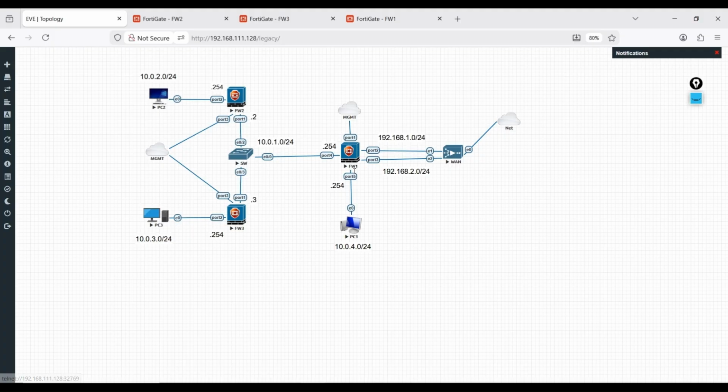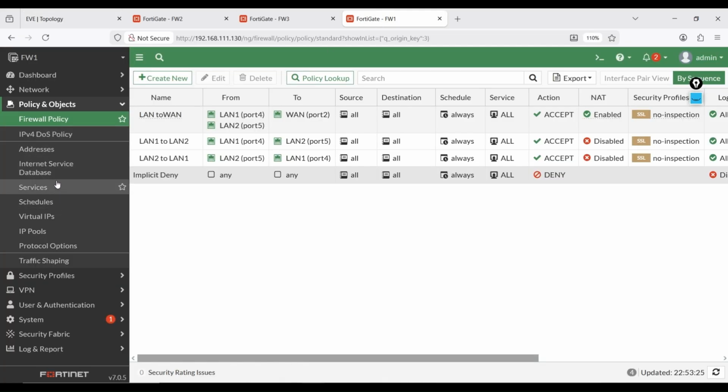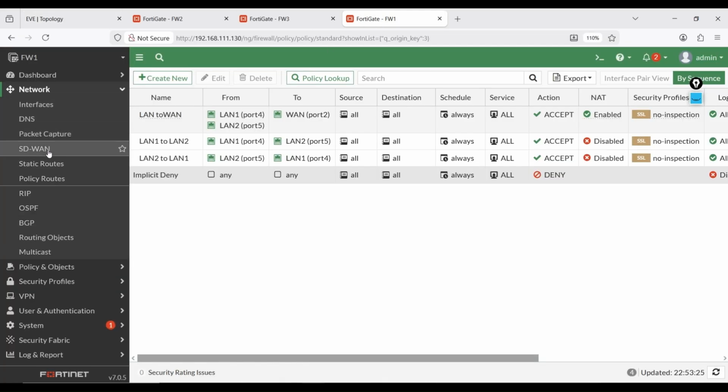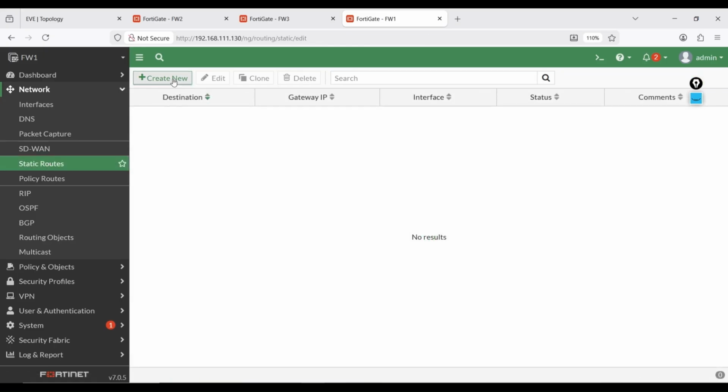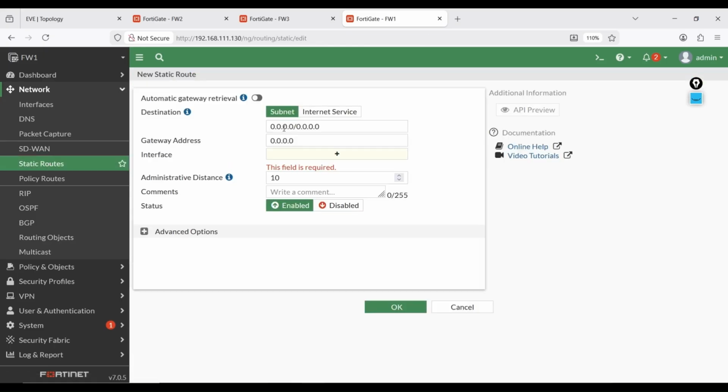Now this firewall is the internet facing firewall, so we need to create a default route, so that whatever traffic is going to the internet is directed towards the gateway via a default route or a static route. I will configure a static route here. Just go to Network, Static Route, Create New, and we will put the default subnet here. And what is our gateway?